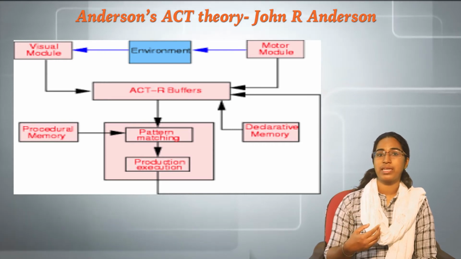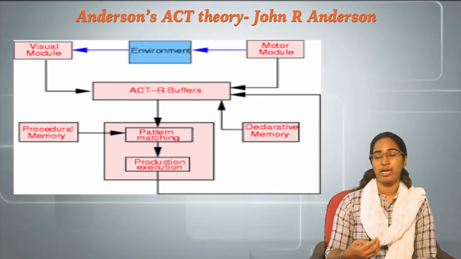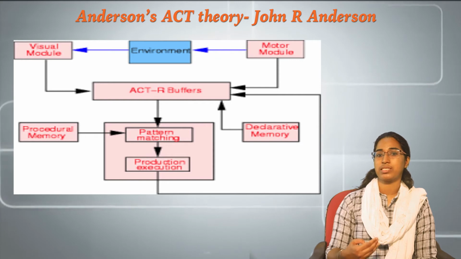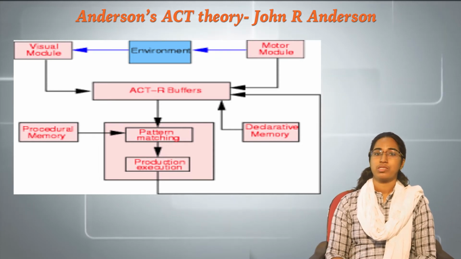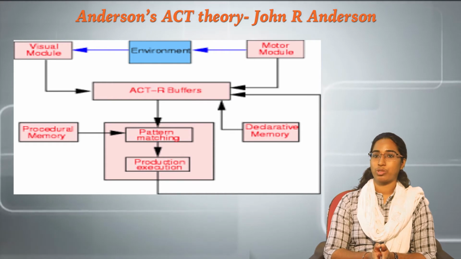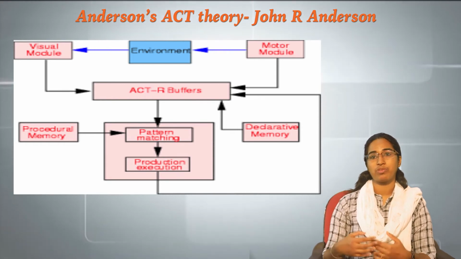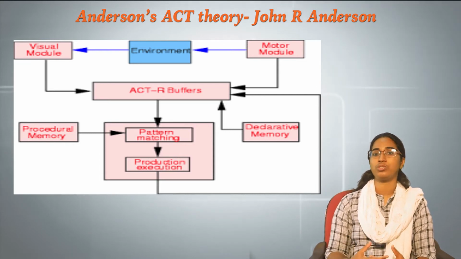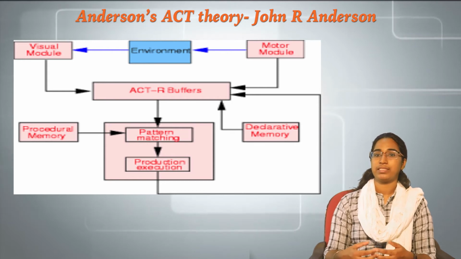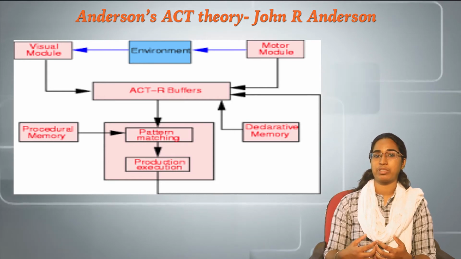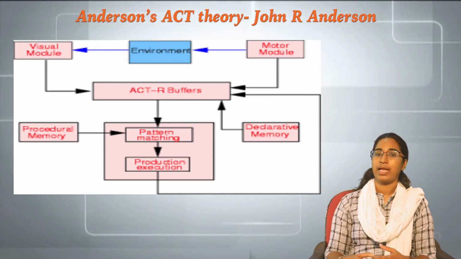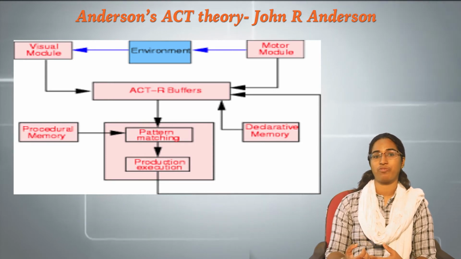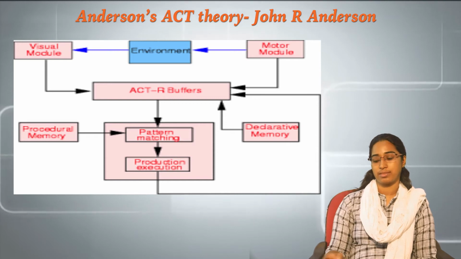So, he was trying to explain the health communication process or the level of understanding of an individual through three steps: the buffer zone, pattern matching as well as the modules. So, these modules may be explained as the motor module and the visual module, that is what we are understanding as well as what we are seeing, that is different sense organs work together to explain the buffers, and this will later form our memory as predictable memory and as deductive memory, and later it is explained as pattern matching, that is we identify, and this is the production and execution of an individual's knowledge in health communication.